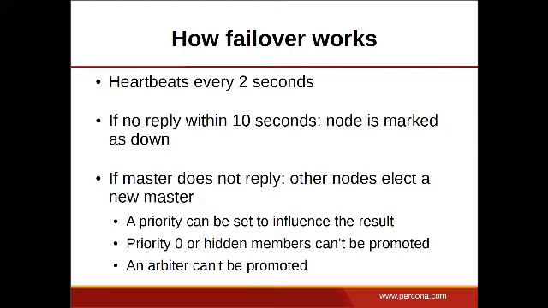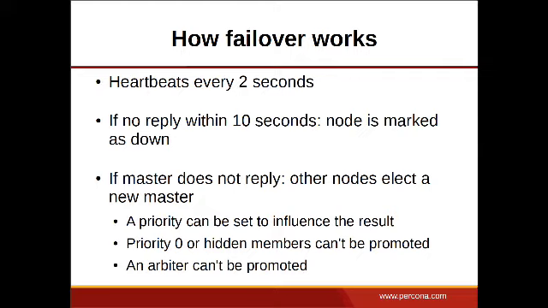But what you can do is set a priority on one of the nodes to influence the result. For instance, if you have 2 secondaries and you say the priority for secondary number 1 is 10 and the priority for secondary number 2 is 5, secondary number 1 will always be chosen as the new master. This can be useful, for instance, if you have 2 servers in one DC and 1 server in a DR DC. You can make sure that whenever it's available, the secondary in the main DC will be chosen